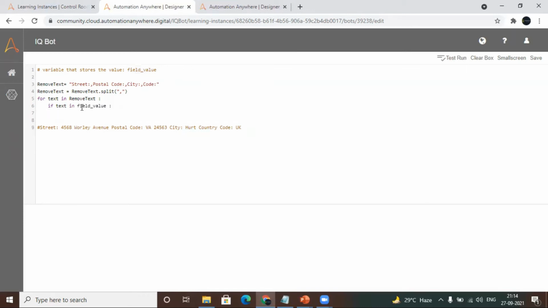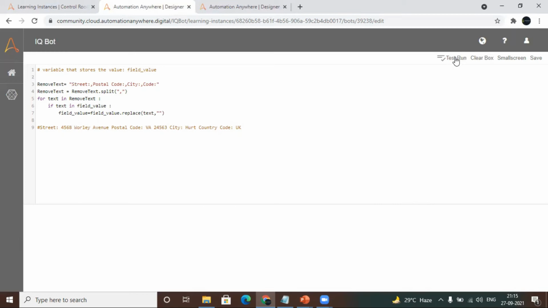Make sure you are giving the proper indentation, otherwise it will throw an error. Here we put field value equals field value, and we use a replace. I want to replace the text with blank. This code will remove the values which are present in my output.